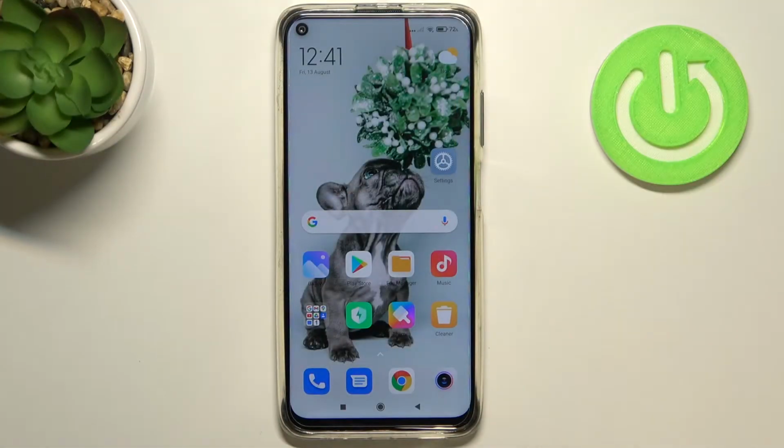Hi everyone, here we've got Xiaomi Redmi Note 90 and let me share with you how to reset network preferences